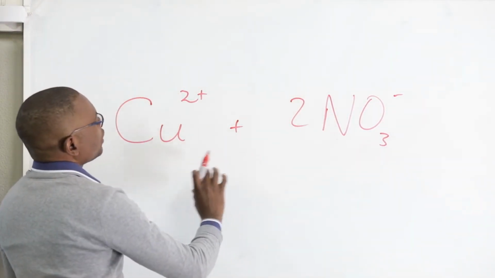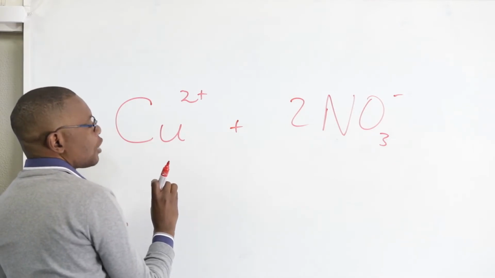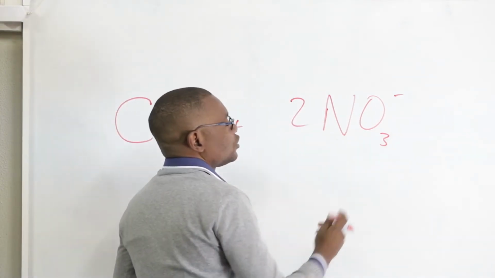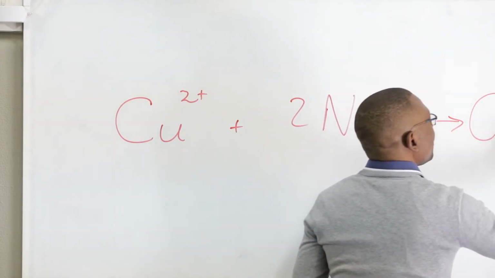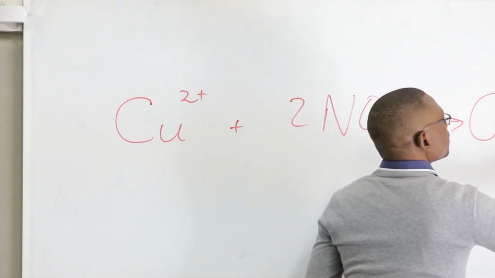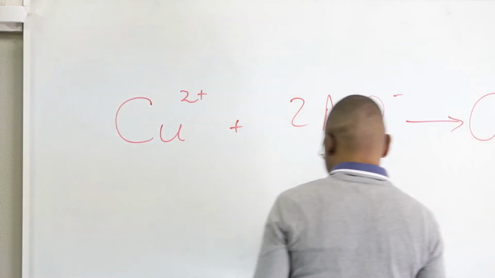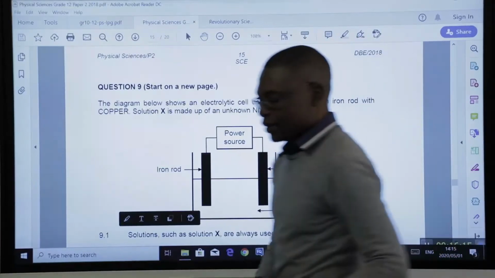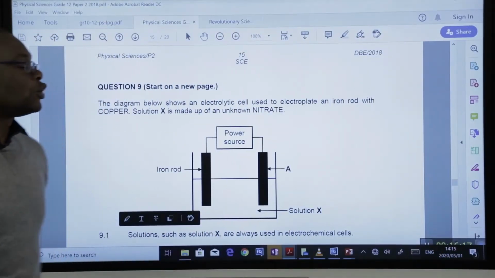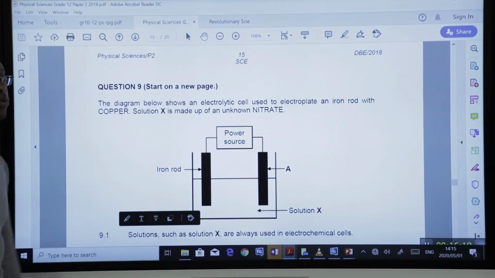So when we put together 1 copper ion and 2 nitrate ions, we have copper nitrate like this, Cu(NO3)2, okay? So this will be the solution X, which will enable us to